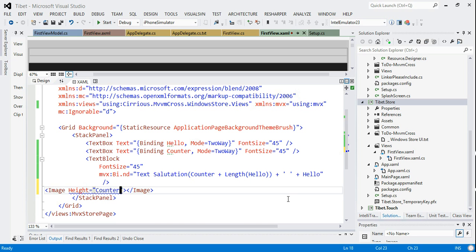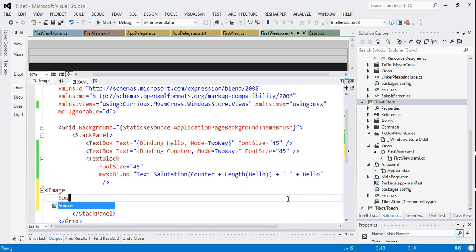So actually I can do this straightforwardly. I will do this as a... so the source for this we want to bind, and the image we want to bind as well. So let's do this. What we're going to do is apply the same binding. So MVX:Bind equals, and we're going to bind the source for the image to what we'd like to bind it to is